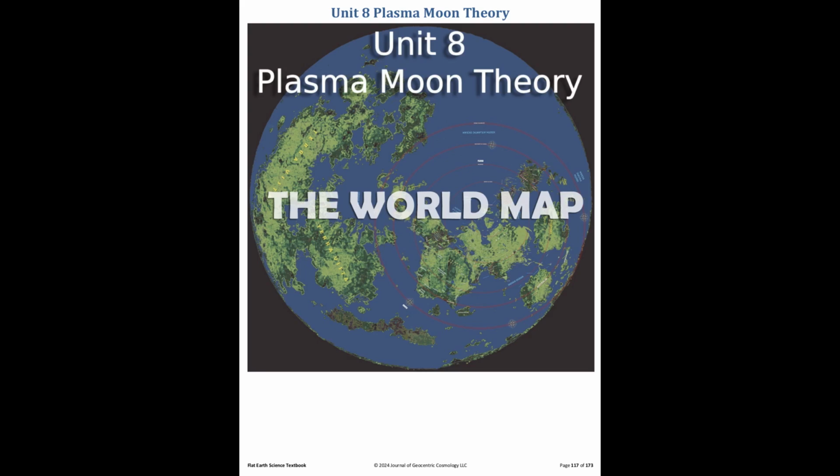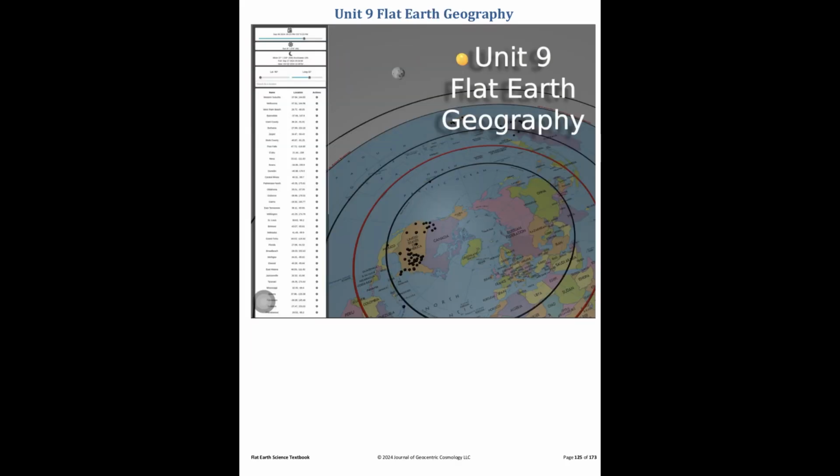In Unit 8 Plasma Moon Theory, we explore the hypothesis that the moon is a map of Earth. We go into the moon's creation, oceanography, the black sun, cosmic refraction, and the extra land beyond the poles, including the pole shifts. In Unit 9 Geography, we look at what latitude and longitude are, time zones, Antarctica, the North